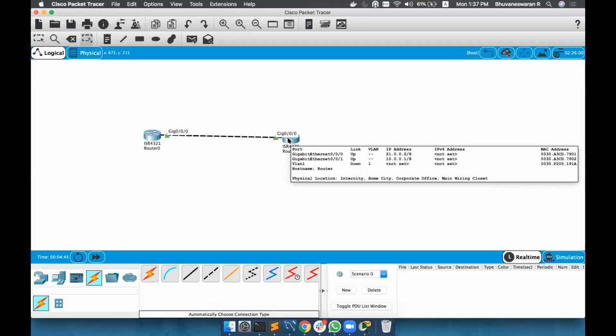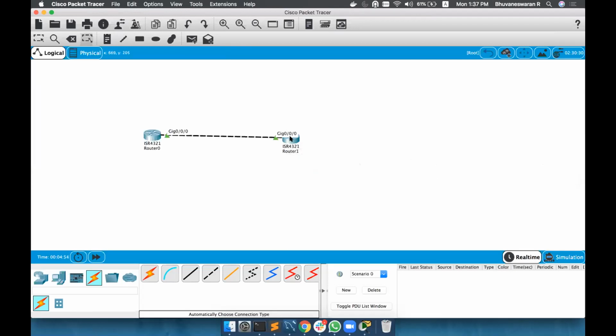Now go on global configuration mode. Router 1 or 0? Router 0.